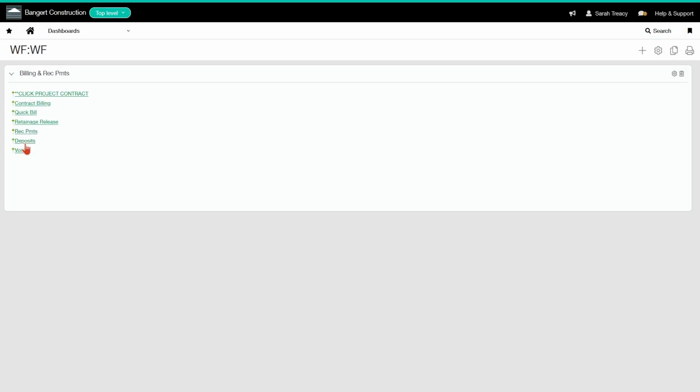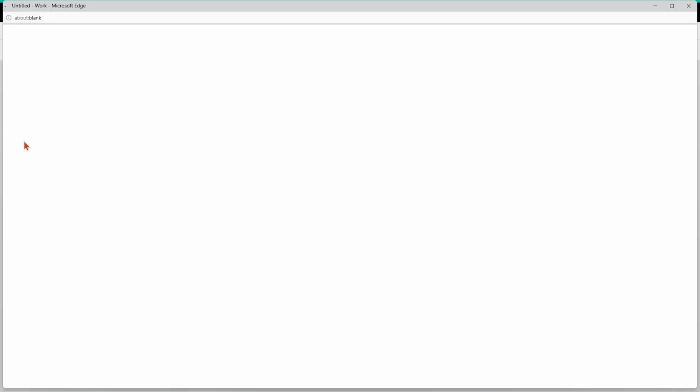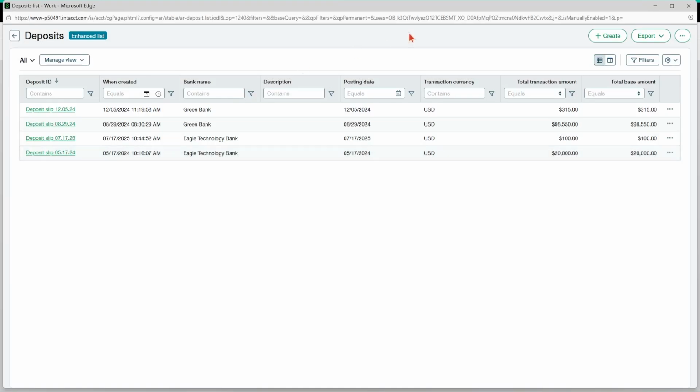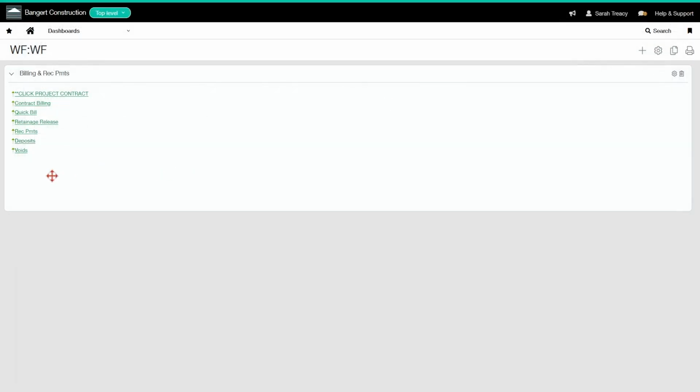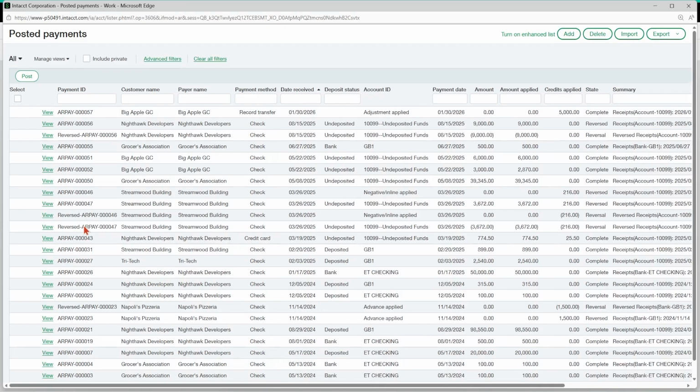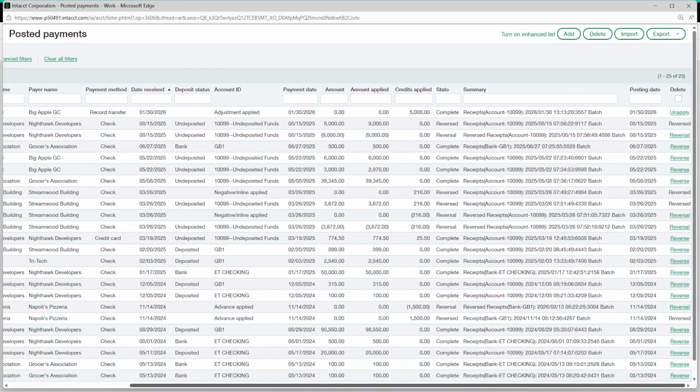And then if I go to undeposited funds and then I need to do a bulk deposit to the bank, this is going to bring me into my deposits. And I would set that up there. I'd create that from there. And then let's just say you needed to do a void and you don't want to have to spend ages looking for where that is in the system. Click on this button. It's going to bring you to the posted payments section and you can do your reversals from there.